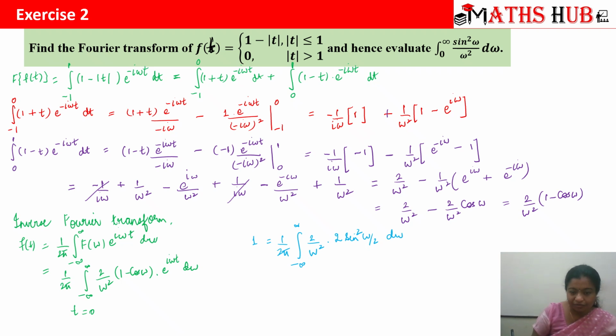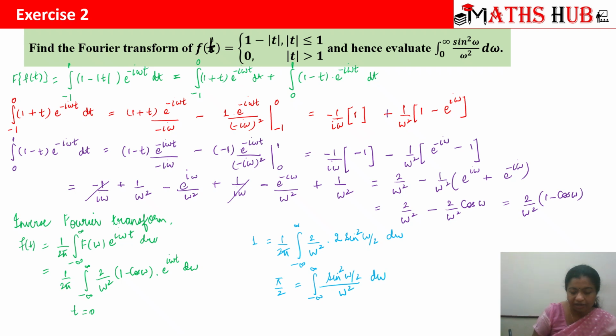Right? So 4 will come out, 4 by 2 pi. So 2 and 2 will cancel. We will get pi by 2 is equal to minus infinity to infinity sine square omega by 2 divided by